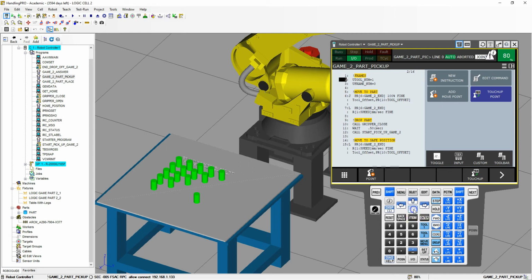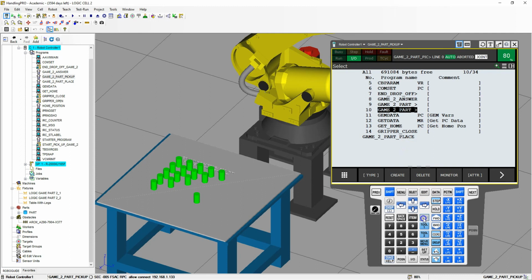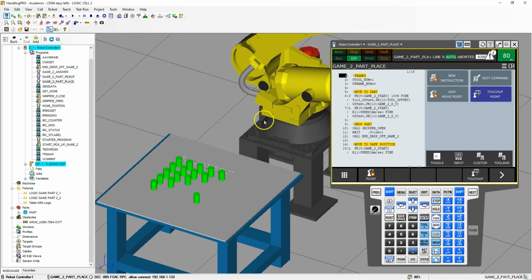So moving to the safe position then, that's utilizing the tool offsets as well, and then it moves up and then moves into the next position, which is game 2 part place. And inside here, it's moving to this first point, which is the taught point, and then it's going to have offsets built into this. So again, if you want to learn how to use the offsets, go to Advanced Offsets video number 1 and video number 2,